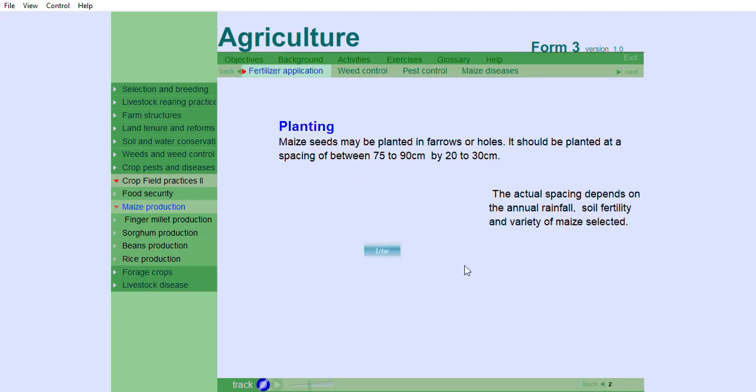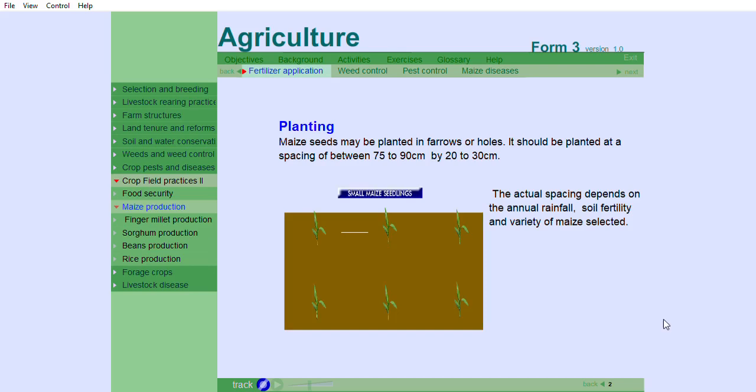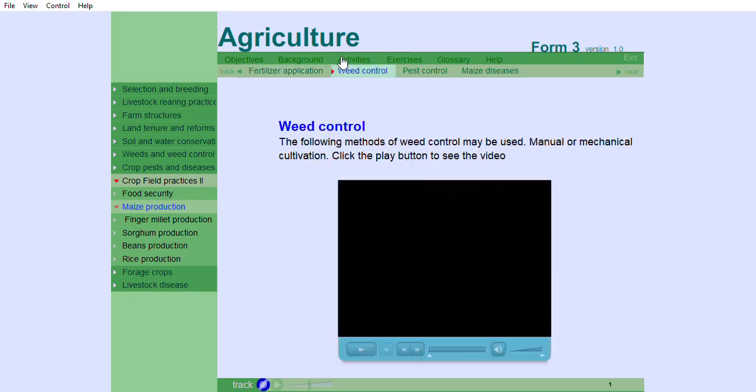Fertilizer application. Apply 100 to 150 kilograms of DSP fertilizer per hectare during planting. Apply 200 kilograms of ASN or CAN per hectare for top dressing when the crop is knee-high or 45 centimeters high. Weed control. The following methods of weed control may be used: